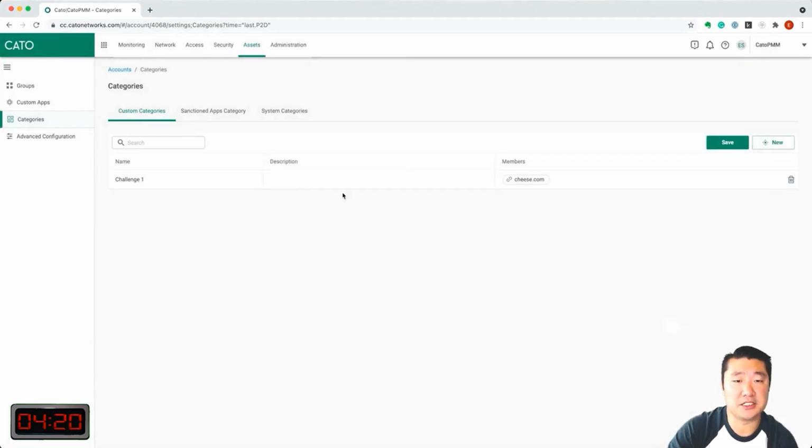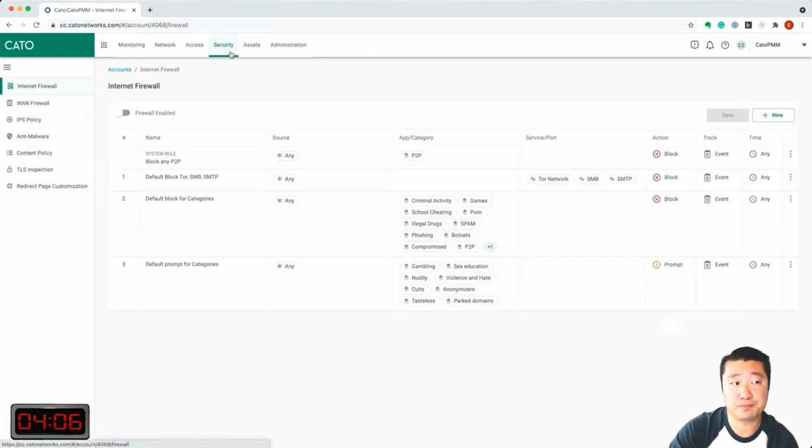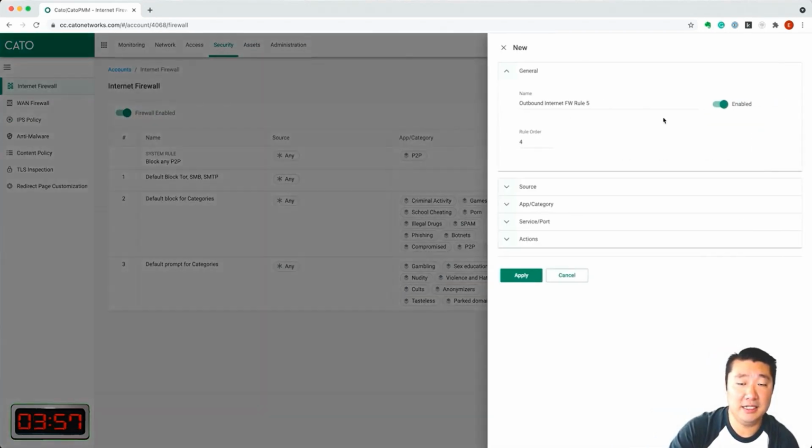So you can see our Challenge 1 policy has been created with cheese.com as a member, and we'll go ahead and click Save. Next, we have to go ahead and enable the firewall and create our policy to block cheese.com. So let's go ahead and click on Security. By default, we're taken to the Internet Firewall page. Let's go ahead and enable this firewall, and then we'll click New and create another policy that allows us to block this website. So we'll call this Challenge 1 as well, and we'll make this the first rule in our